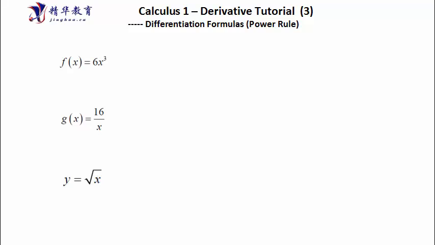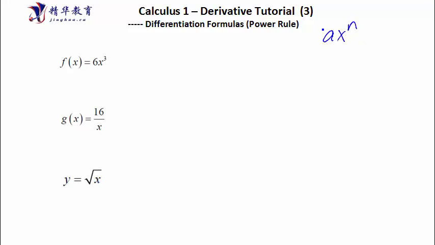Okay, power rules is only for functions with power. For example, this is power of 3, right? And this thing is power of -1. This is power of 1/2. Okay, if you don't know why this is -1, this is 1/2, you can go back to check my grade 10 exponent tutorials. Okay, so the power rule, which is just a x^n,